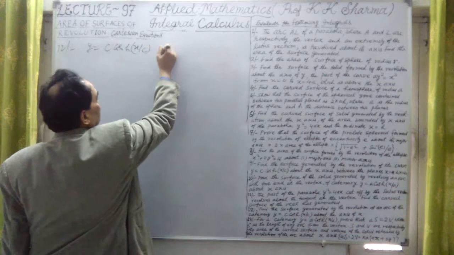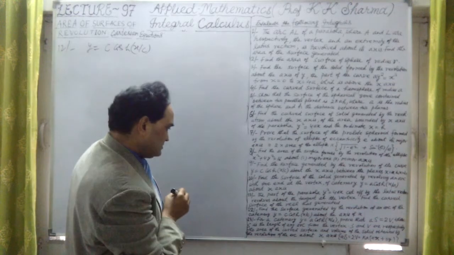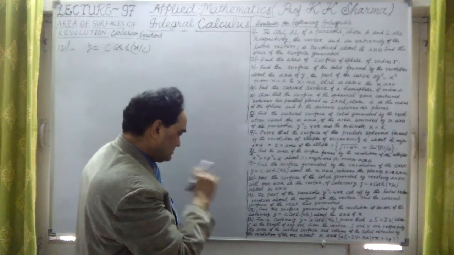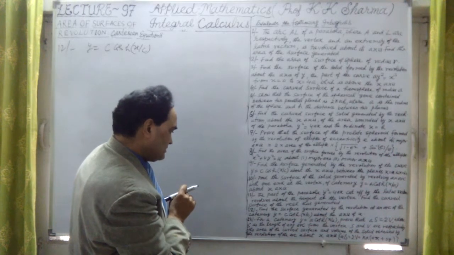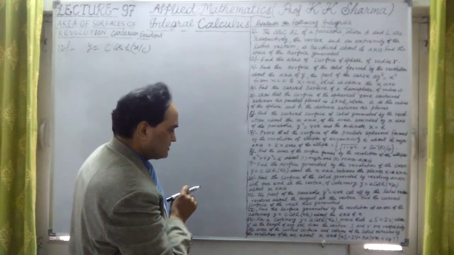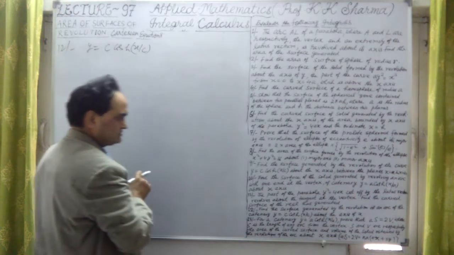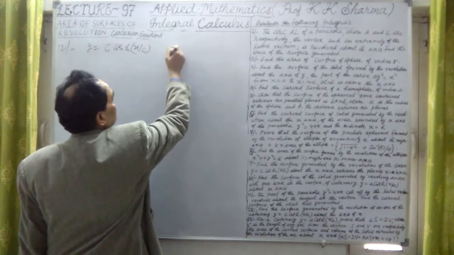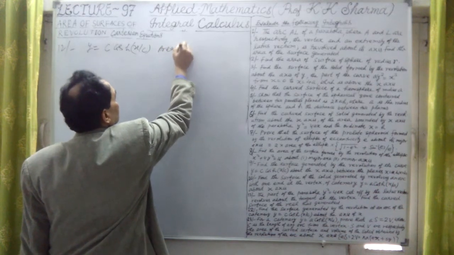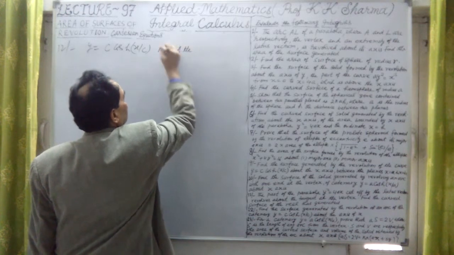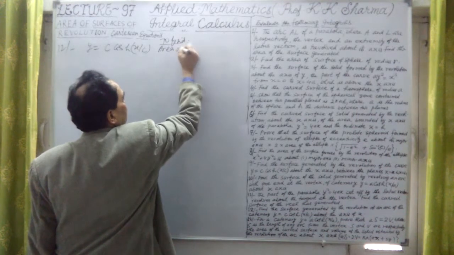So this is the area we have to find out about one arc of this catenary about the x-axis, so 0 to x we will take. This is a generalized question. Surface generated by the revolution of an arc of the catenary y equal to c cos hyperbolic x upon c, about the axis of x. So area of the surface we have to find here. What we have to find? Area of the surface